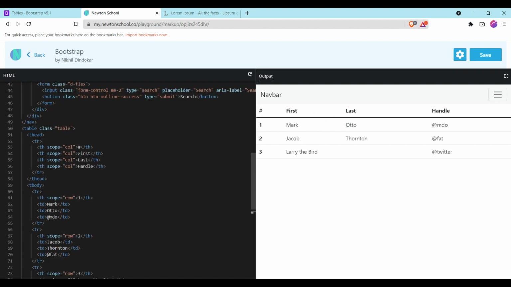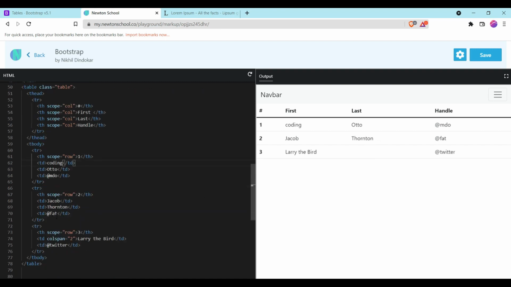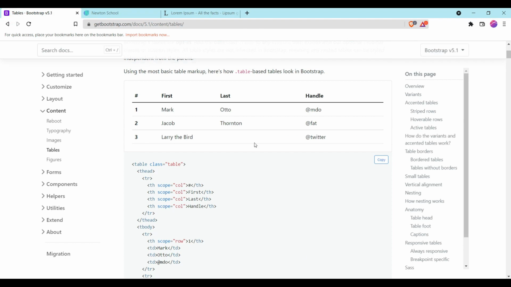If you want to make some edits, you can make them over here. Let me change the name to coding. You can see the changes appear. This Bootstrap will save you so much time if you directly use things like this, copy and paste.